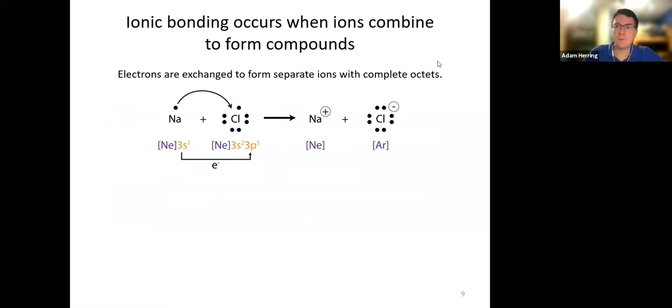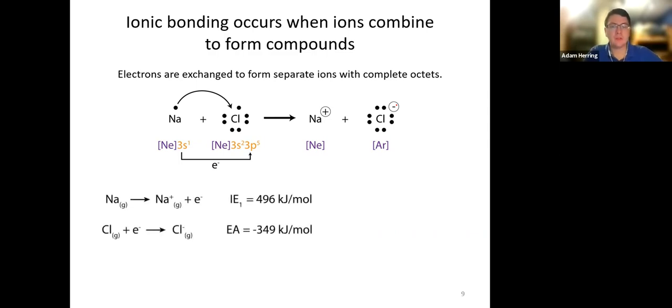So, we talked about how ionic bonds form when elements exchange electrons to form separate ions and have a completed octet. So the elements involved will either gain or lose electrons in order to obtain the noble gas configuration closest to them. So if we take a look at this process, then for sodium,